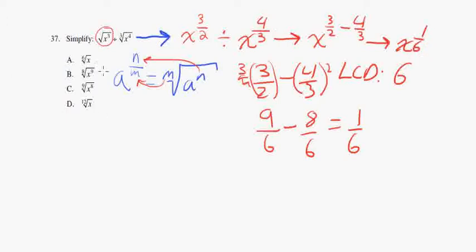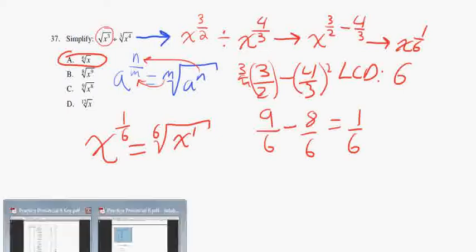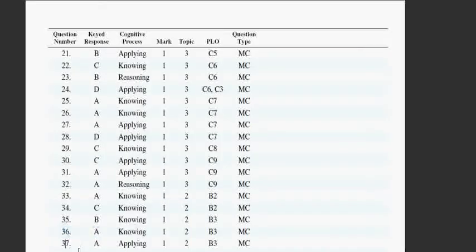Now looking at all our answers, they are in radical form, so we need to change our x to the 1/6 into a radical using our exponent rule for rational exponents. This 6 becomes the index of my radical and x to the power of 1, which is really the same as this, 37a. So let's take a look. Question 37, answer is